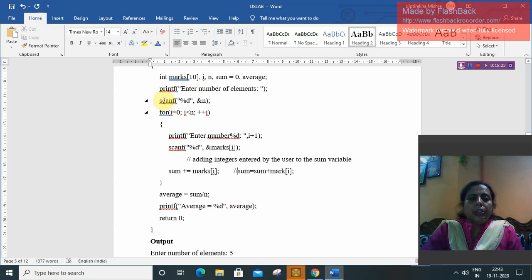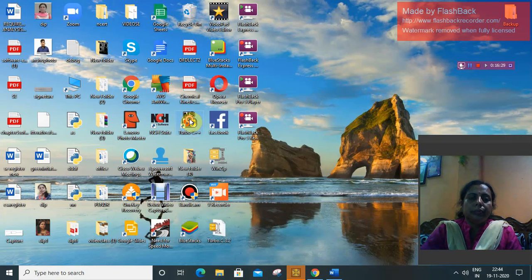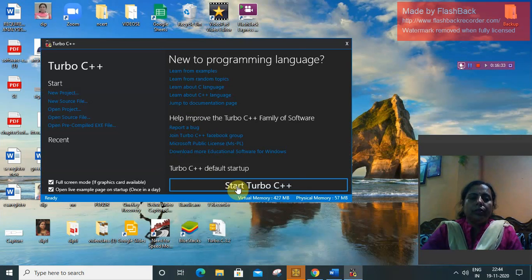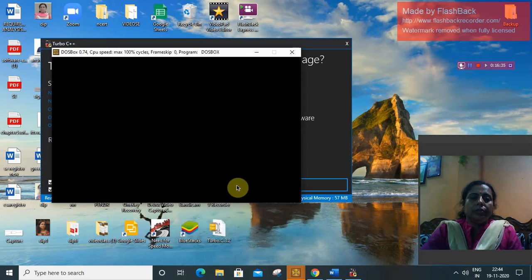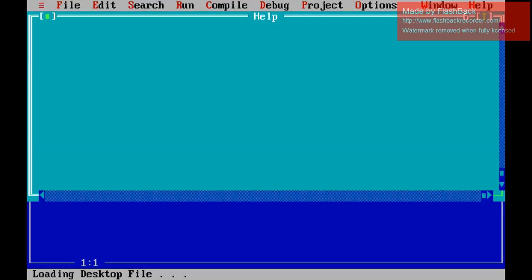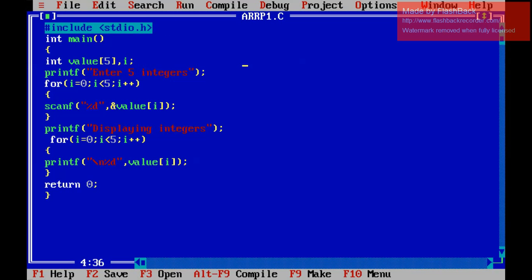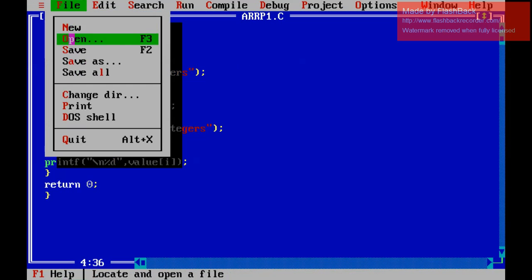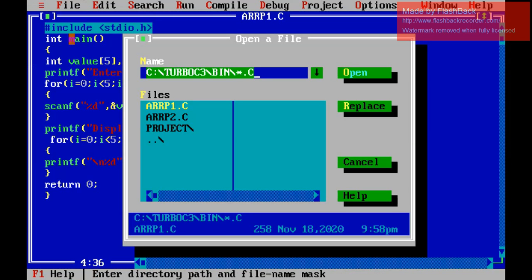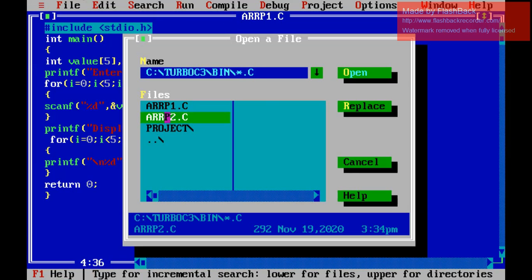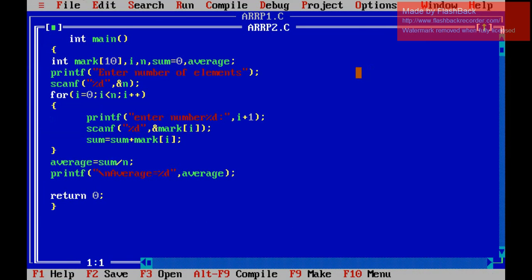So let us do this in Turbo C++. I have written the program here.